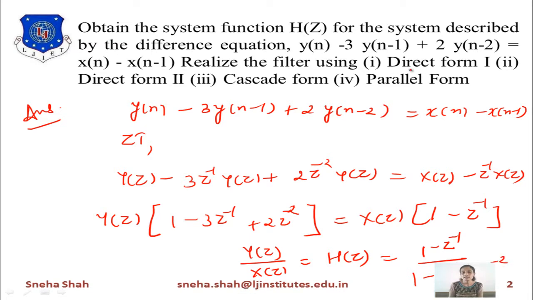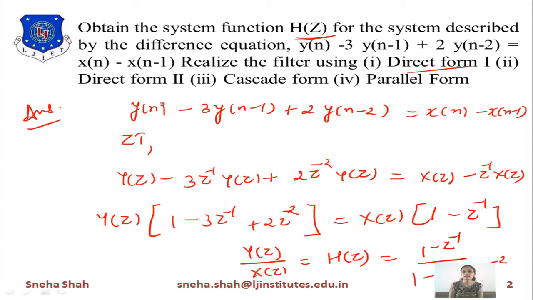Now if you want to realize the direct form 1 structure, first of all you have to find H(z), which we have found. In the last session I already explained direct form 1 and direct form 2 structures and how to realize them. In the numerator part we take H1(z) and the denominator part as H2(z), and then we can form a direct form 1 structure. Similarly, if we take the numerator part as H2 and the denominator part as H1, then we can realize the direct form 2 structure.